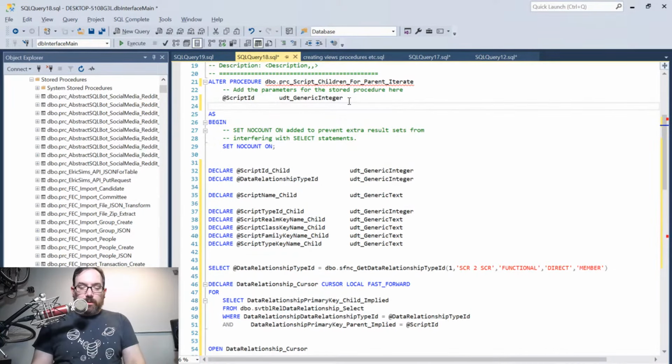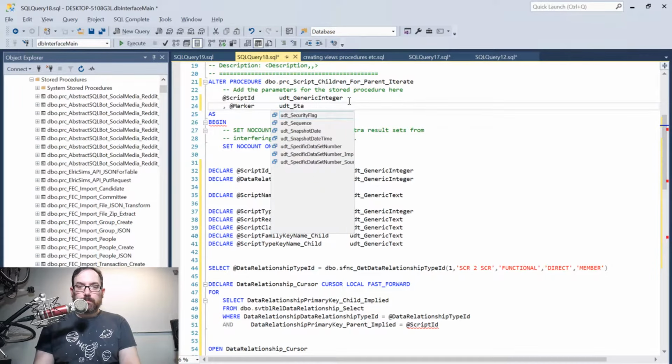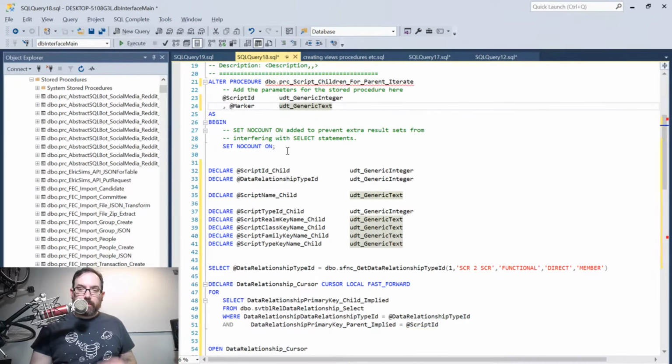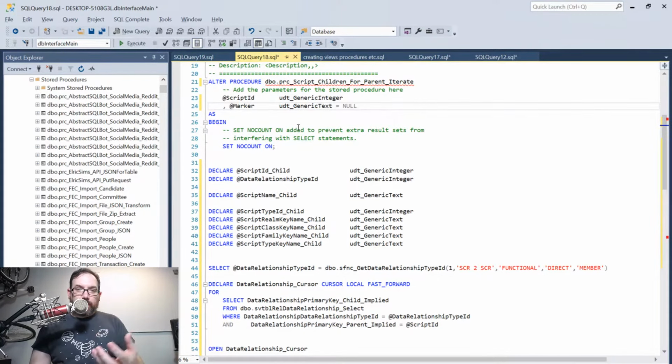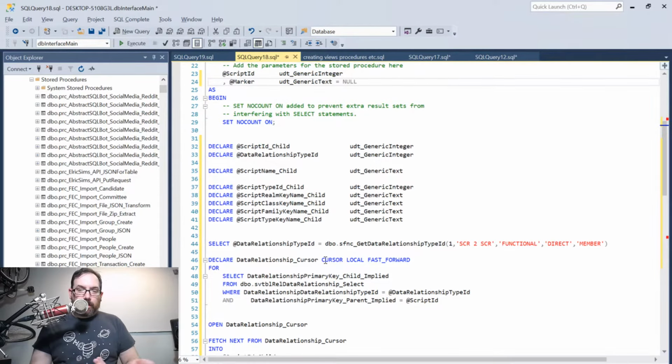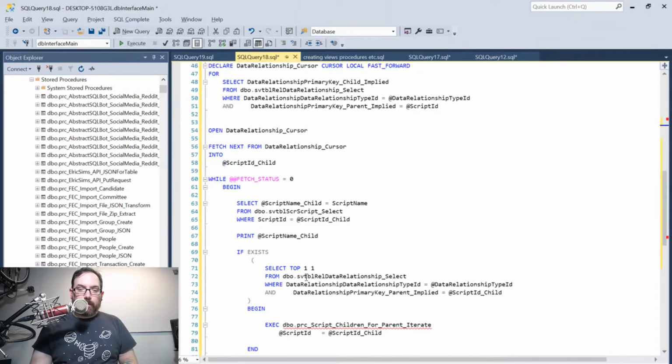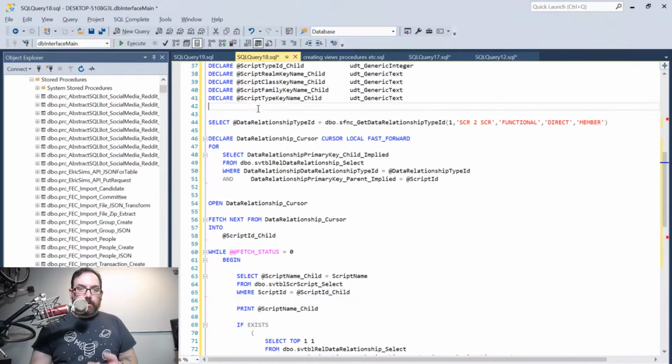This is the only thing that's using it right now. Let's see if we can say marker to help us better understand what's happening. This can be null. So when I first execute this, I'm not going to pass anything. And then what this will do, we'll say before we print, we'll have to do it as soon as we